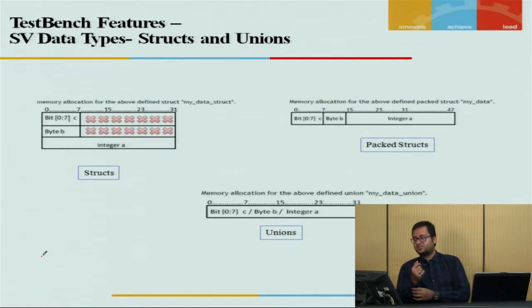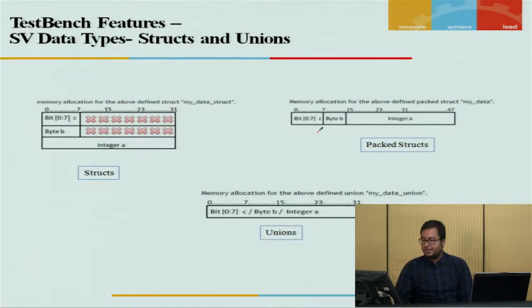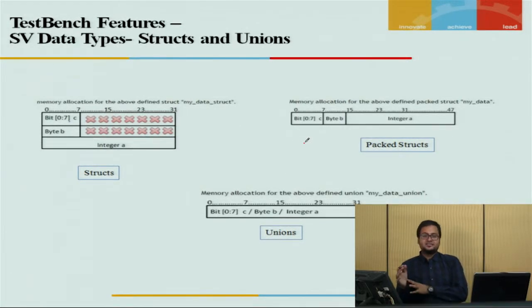Then you have the packed struct in which, as I've told you, it is given one big chunk of data, and each part of the chunk has separate memory. So from bit 15 to 47, the 32 bits are reserved for integer a, and byte b and byte c are each reserved 8 bits of memory. Thirdly, let's come to union, in which you can see that there are 32 bits of